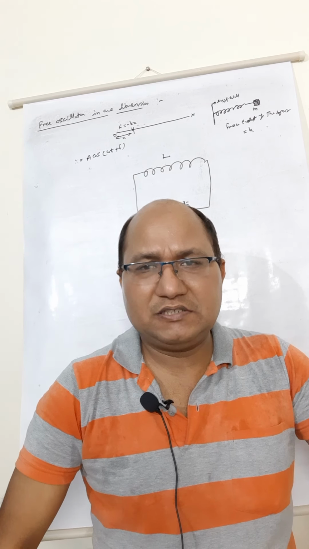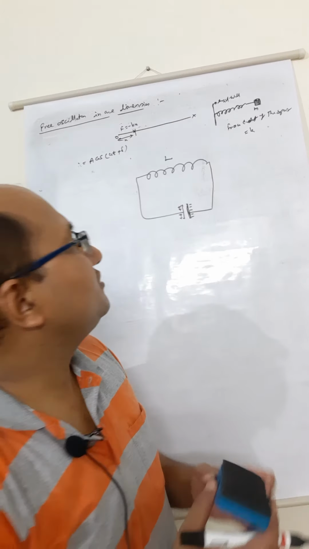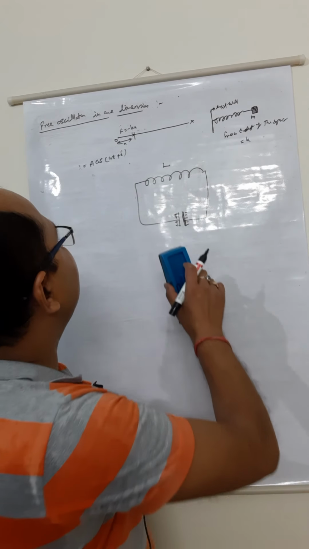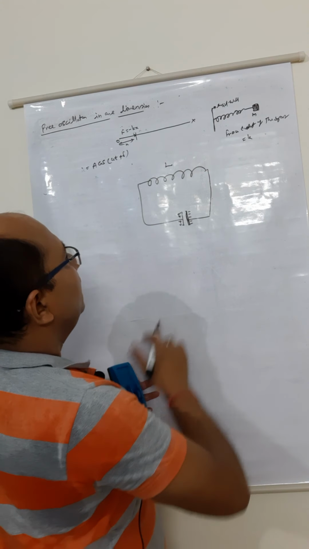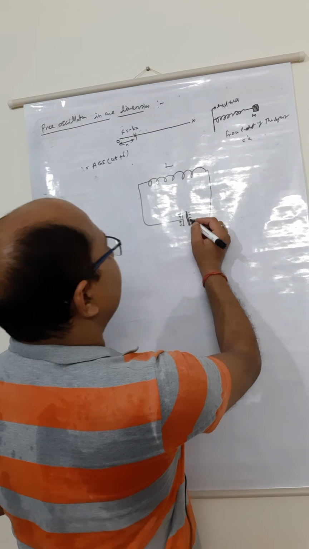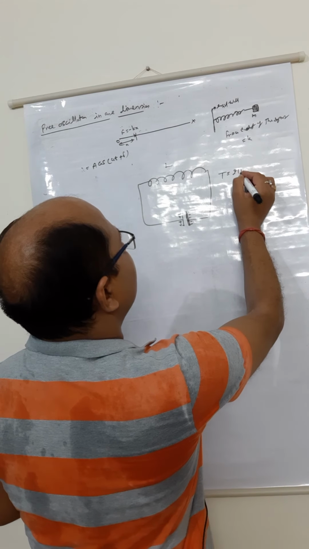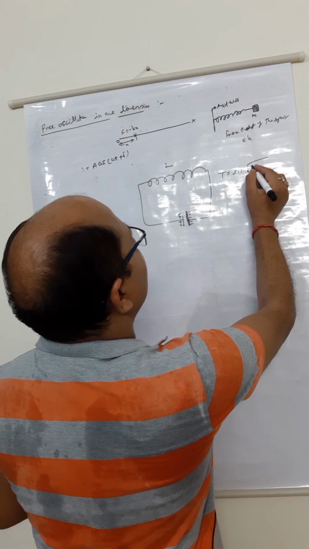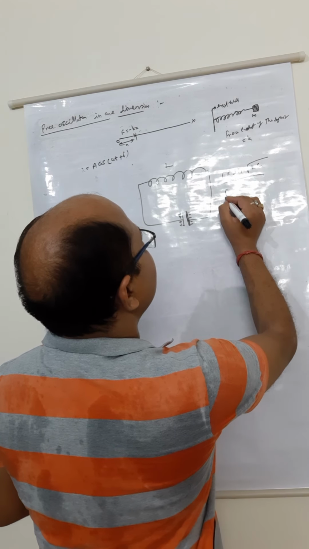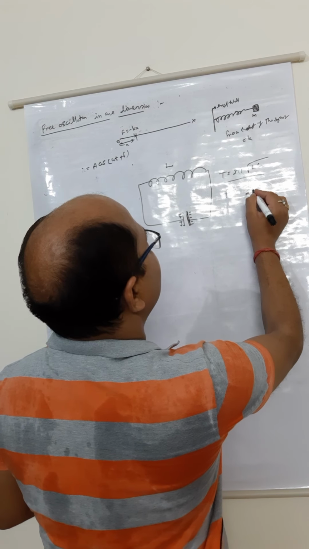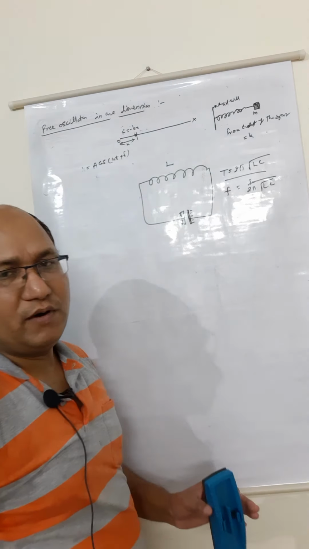Today I gave this lecture on this topic. Tomorrow I will discuss in detail how it works and how oscillation goes in this circuit. Actually, the time period of oscillation comes out to be T equals 2 pi under root LC, or frequency f equals 1 upon 2 pi under root LC. I will discuss in detail tomorrow.